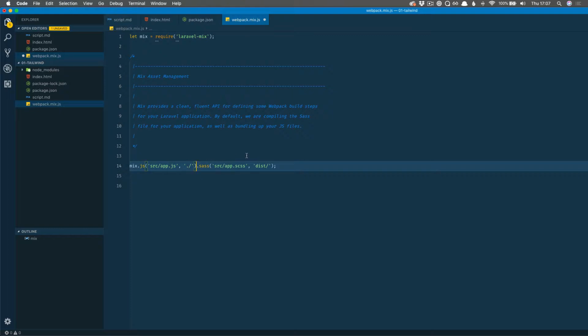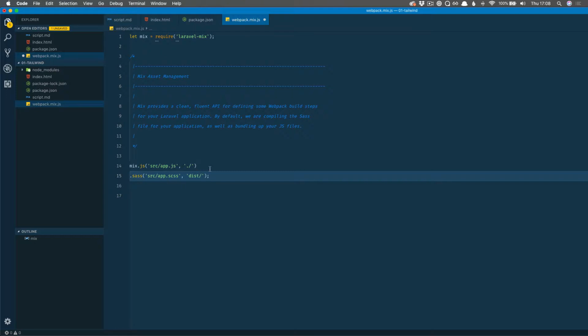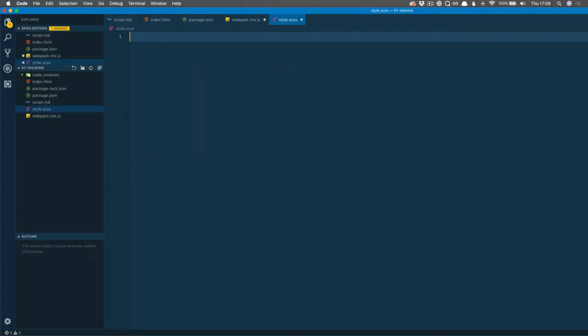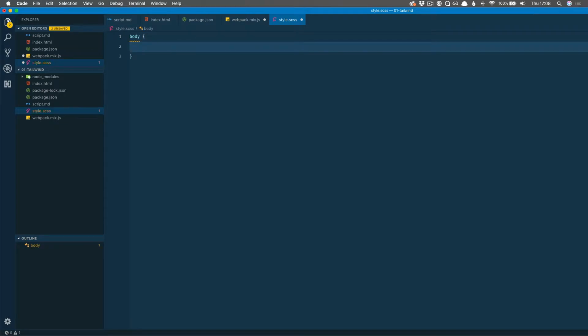Now SASS is a CSS preprocessor, and you need to compile SASS into CSS. So this is already set up for that, which is good because I use SASS in my projects. And what we want to do is tell it, so we can put this on another line because white space doesn't really mean anything in JavaScript. And what we can do is create another file here called style.scss, and in here we'll just drop some basic